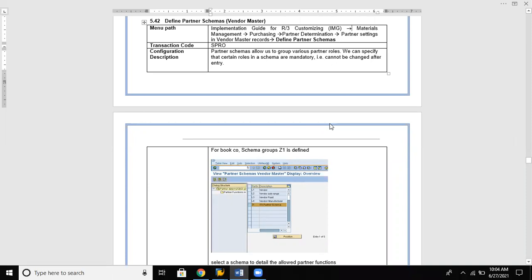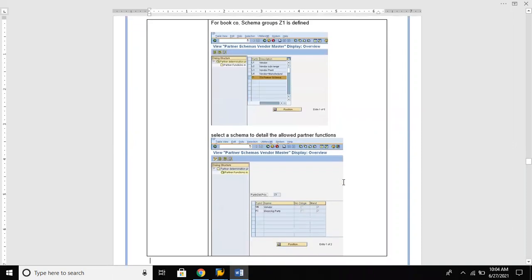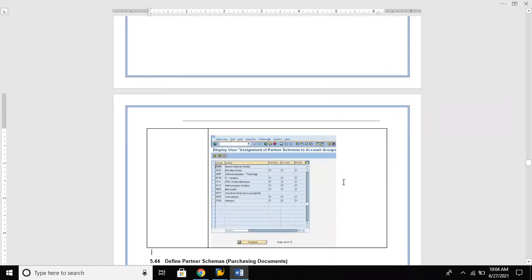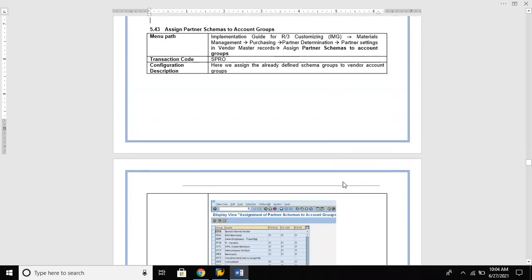Now next we are going to talk about assigning partner schemas to account groups. Whatever schemas we have created, we are going to assign to your vendor account group so that the integration takes place between them. Basically here we assign the schema group we just configured, that is Z5, to our vendor group.